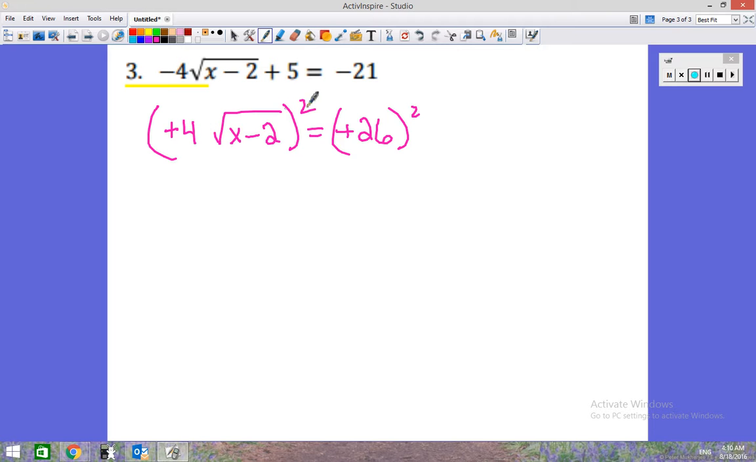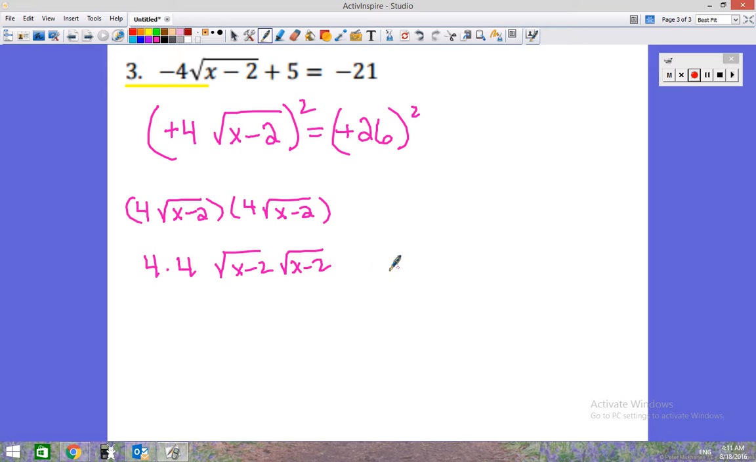you have to realize what this exponent of 2 means. That I've got 4 times this radical, and then I'm multiplying it by 4 times this radical. Now, the order of multiplication is not important. You can shuffle these factors around. So I can multiply the 4 times the 4, then multiply my square roots together. So the 4 times 4 is 16,